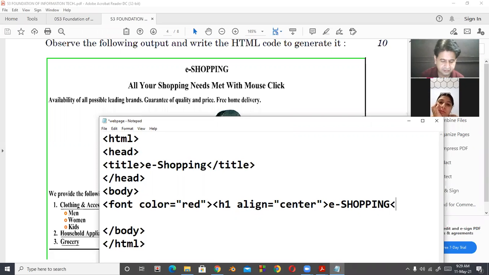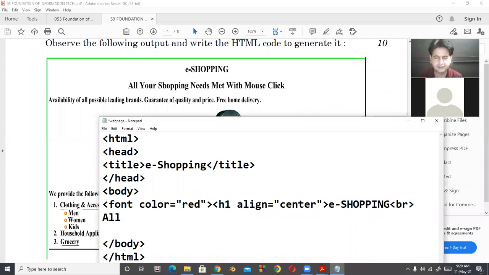Then line is changed. For changing the line, BR. Then remember one thing, I have not closed the H1. So next line is also H1.